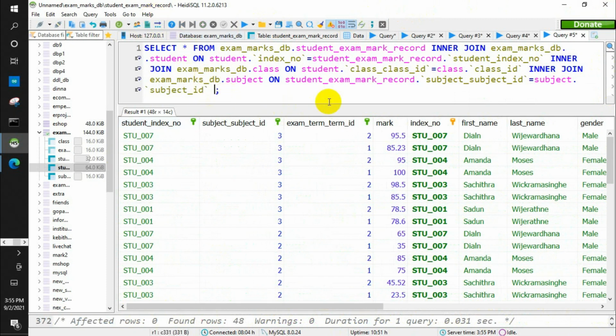Last we have to connect the exam term table.